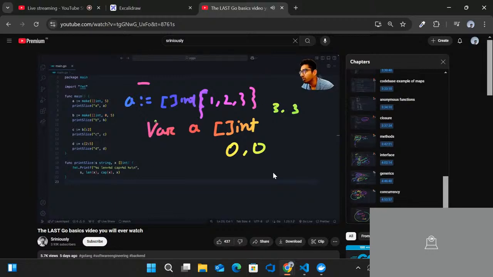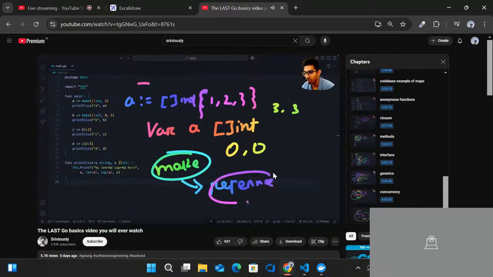We have one more way to declare or initialize a slice, which is using make. Make, M-A-K-E, is a predefined function given by Go for initializing reference types. This is something to remember: initializing reference types only. We can use make to initialize